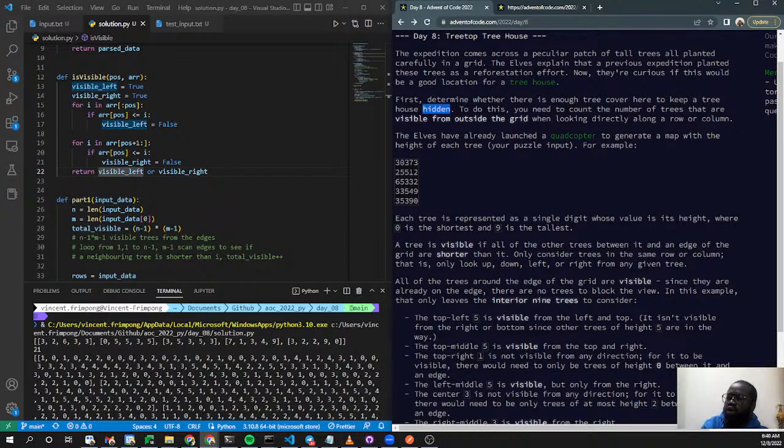Along a row or column, I'm doing exactly that, and I check and return whether it is